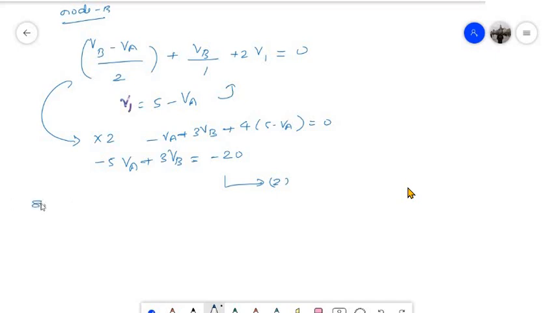And now if you solve equations 1 and 2, you can use your calculator, you will be getting VA as well as VB. But VB is not important for us. We are interested only in VA because the current I dash can be obtained with the help of this VA. Now we will be getting this VA to be minus 6.67 volt, and you know that I dash, if you look at the direction, now I want you to pay attention.